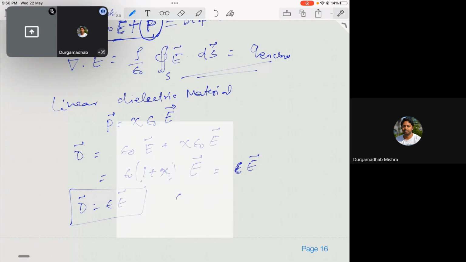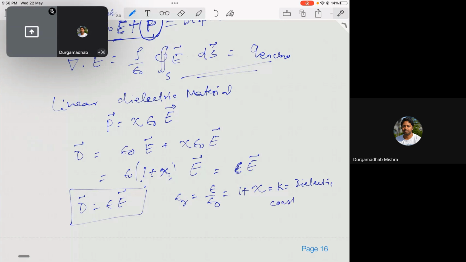And you can define the relative permittivity as epsilon R, that is epsilon R equal to 1 plus chi, which is also known as the dielectric constant of the material. So this is for a linear dielectric, but many times this relation can change depending on what electric